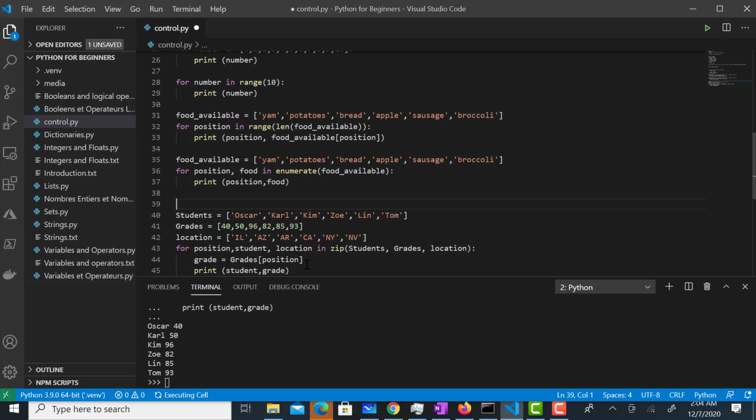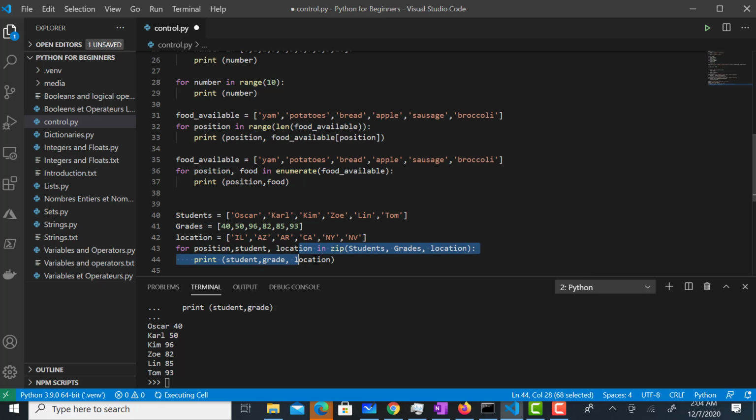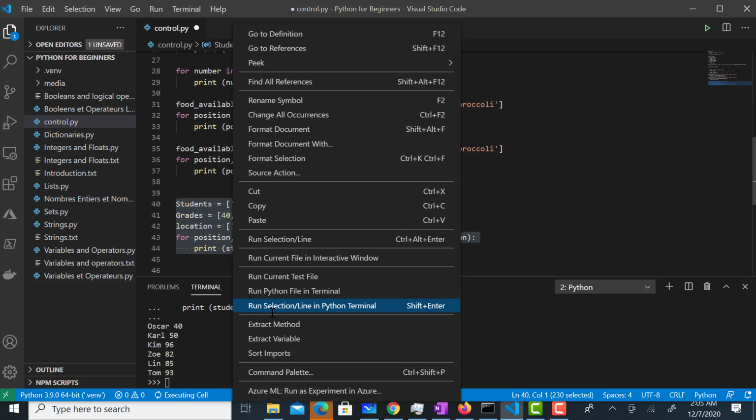And just to make it easy, I'm going to remove the grade because I really don't need it anymore. And all I need to do is just print students, grade, and location. So zip is very simple. It can combine three or four lists at the same time, and you connect those elements together, and all you have to do is iterate over any element under the zip function, and you get the job done. So if I run this,